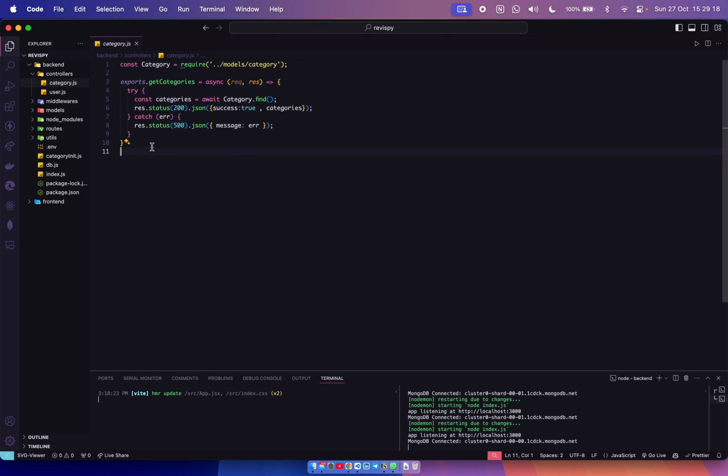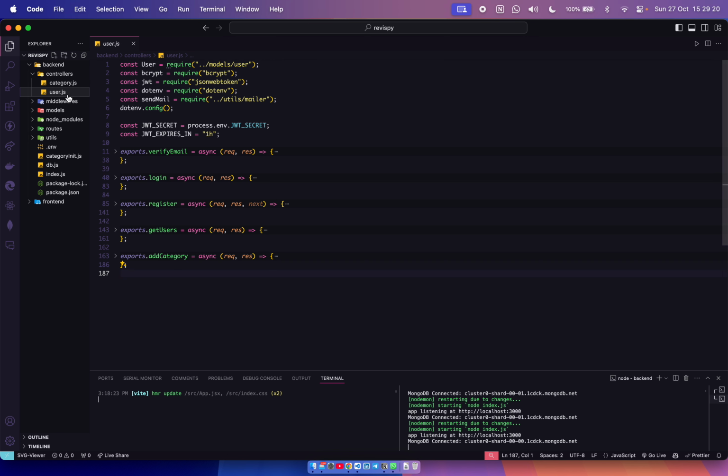So get category controller, and user controller is having the verify email controller, login controller, register, get users, and add category users. Bcrypt is used for hashing the password and storing it in the database. So if our database got leaked, the password won't be displayed as it is. Okay, yeah, so this is all about this project.